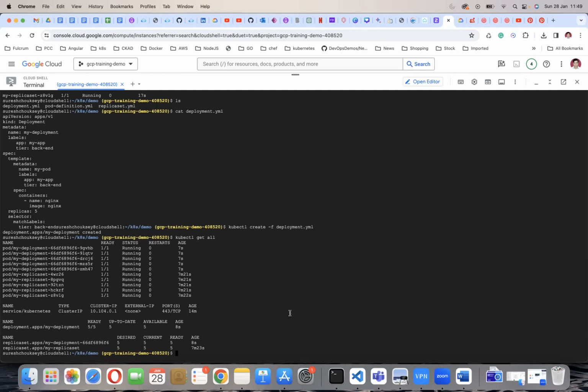Now we can check any pod. We can delete any pod and we can check whether it is created again or not. Okay, how can we check? Suppose I want to delete any pod. Okay, delete pod, pod my